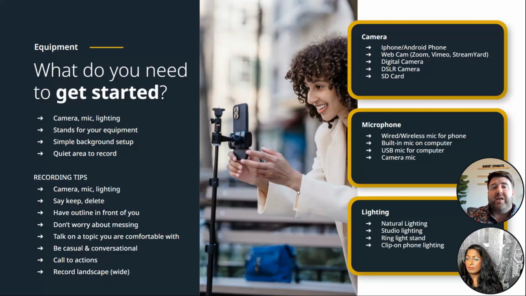Talk about a topic that you're comfortable with. Out of any of these topics that you find that are searchable, that people are looking for, make sure it's something that you have knowledge on. That's why I gravitate towards things like this, because I can really do this off the top of my head. As long as I have an outline, I can talk because I have so much experience in this area. So find something that you're comfortable with. And that's why that video template I gave you is such a good topic, because you should know your area. You should know those things. You just got to memorize a few numbers.